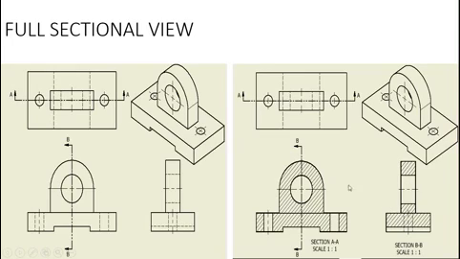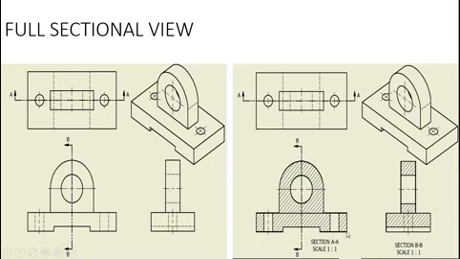Okay, and another thing to note here is the hatching lines. You can see that the hatching lines go in the same direction, and then at some point they are not crossing the drawing. You can see here they are not crossing because this point was a hole. So if you are cutting through a hole, it means you're not cutting anything, so you just leave them out like this. So you can see all the hatching lines are going in the same direction, they're not